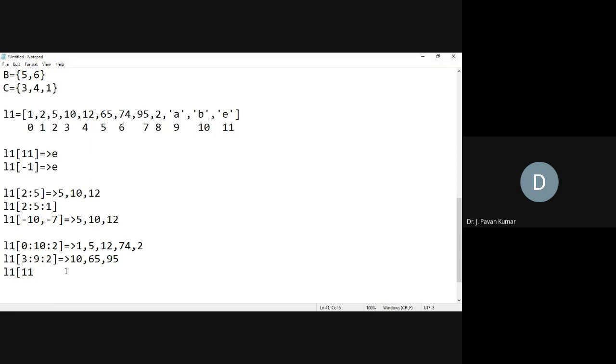So at 11 we will start, up to some extent. Okay, let us give some space here. Then what should be the step? Now you tell. Sir, 1. What is the step? Minus 1. 1 is already there. If you have 1, then automatically it will go to the right. But it has to come to the left. So we have to specify minus 1.